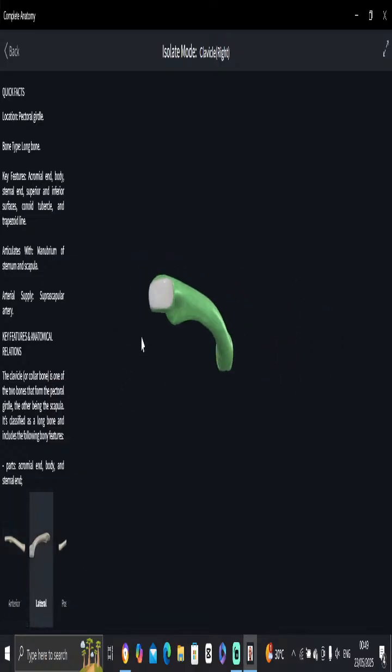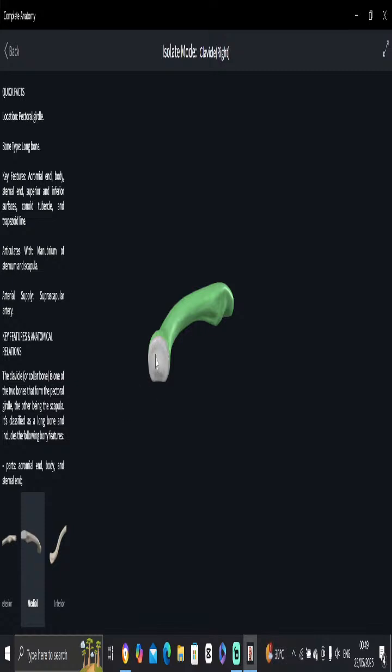So if we see it from the lateral aspect, you can see it is flattened, like the cross section from the medial head is flattened. If we compare that to the medial aspect, which is rounded, so as you can see,